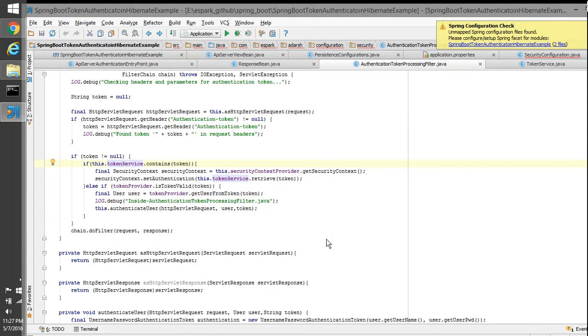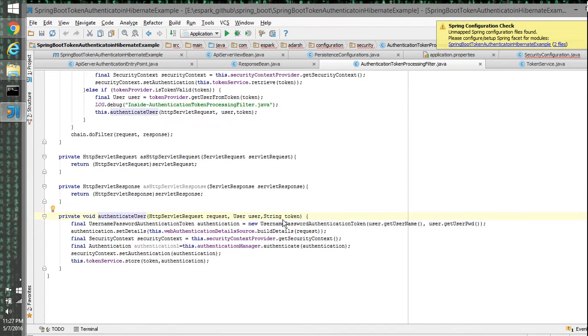What we have basically done: the first time the user requests, we check the token with the help of the token provider. If the token provider says it's a valid token, then from that token we get the user, and from that user we call authenticate user. We are calling this method, and we are creating a username password authentication token and setting the username and password. We set the authentication details, build the request, and get the security context.